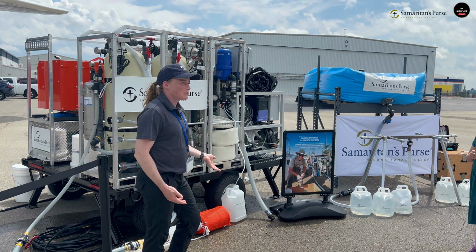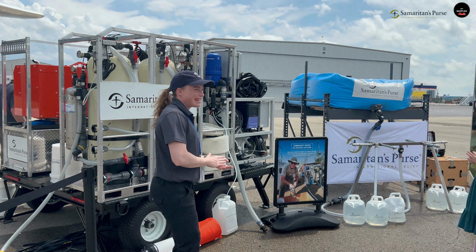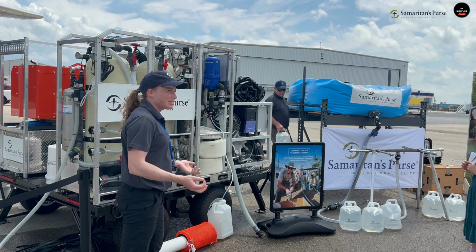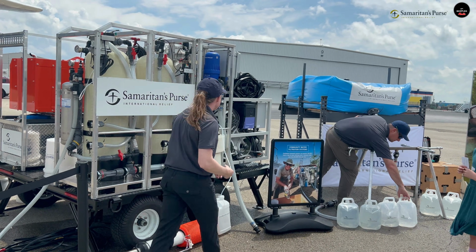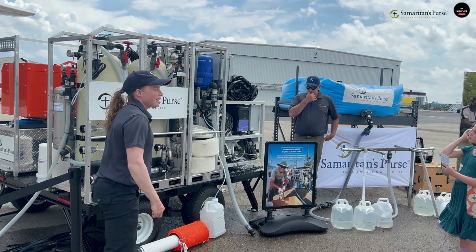Freshwater filtration system. If I have a freshwater source, I can treat water at 20 gallons a minute, or enough for 16,000 people per day with one system. Saltwater, I can treat that too. Salt's a little harder. It has to be filtered out really small to get those particles. That would be a reverse osmosis unit here. That would filter water at 7 gallons a minute, or enough for